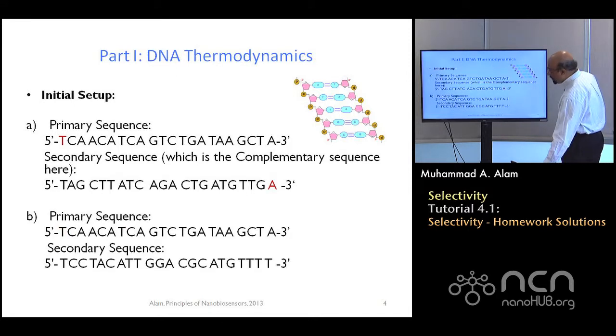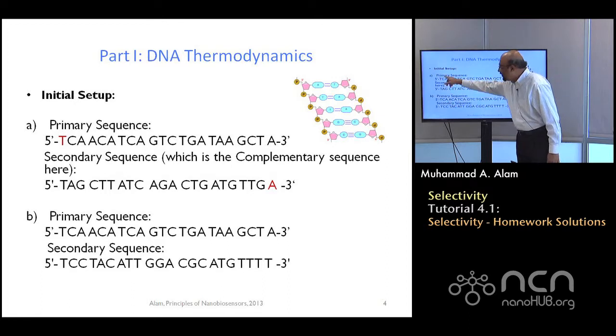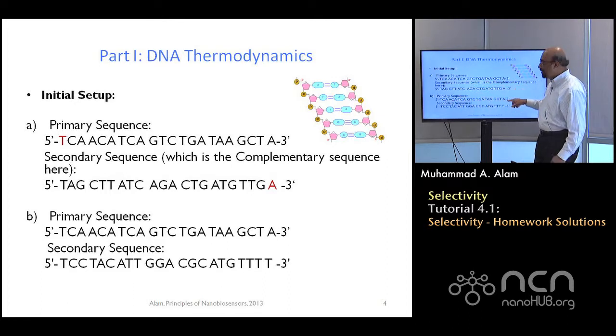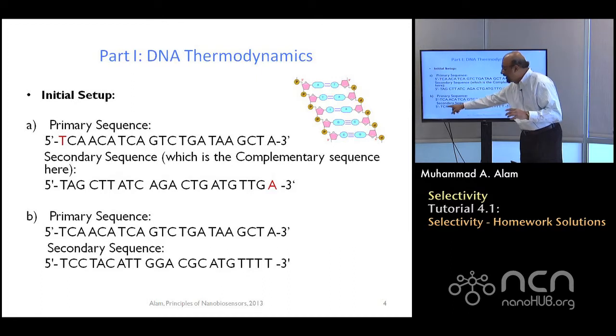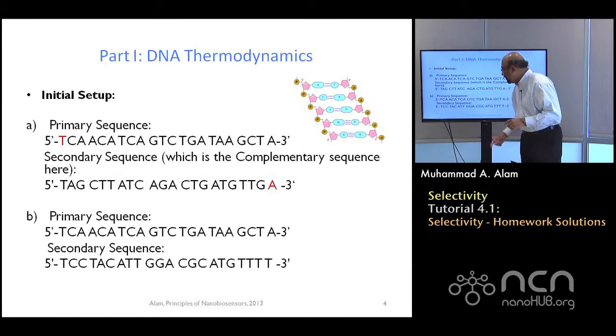And this is the mismatched pair. So for example, this is the same sequence as the first one, because remember, this top one is the receptor, right? And this bottom one is the mismatched DNA, that is, the parasitic DNA. Once again, you can check very quickly that if you start from 3' and match it with 5', you will see that there is a T going with this T, which will not bind.